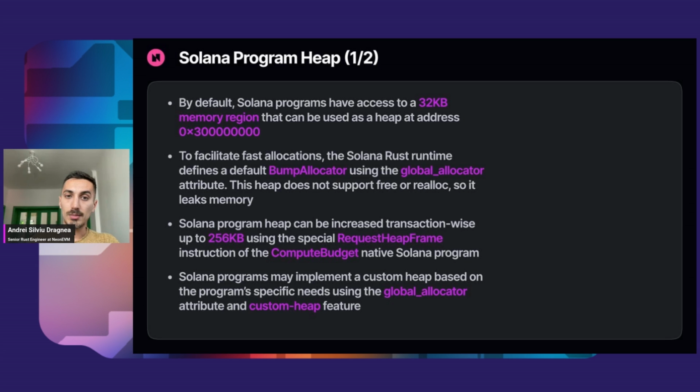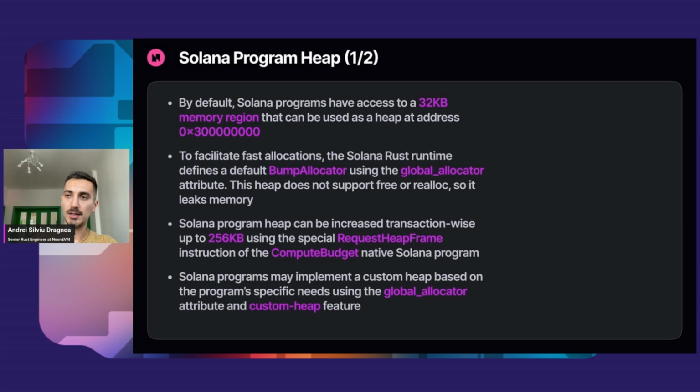By default, Solana programs have access to a 32 kilobyte memory region that can be used as a heap at the address 0x3. To facilitate fast allocations, the default allocator defined by the Solana runtime is a bump allocator. It is defined using the global allocator mechanism of the Rust runtime. And this heap does not support free or realloc, so it leaks memory, but it's fast because it only